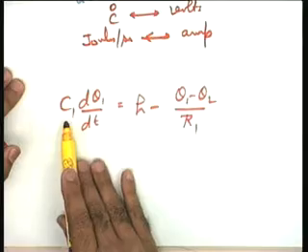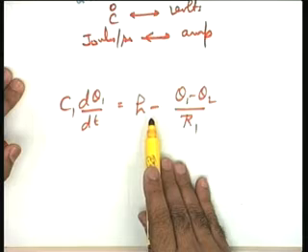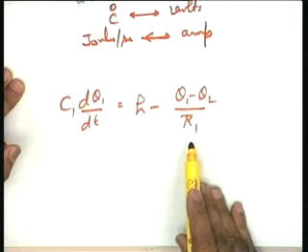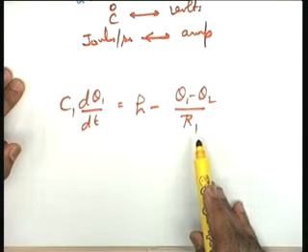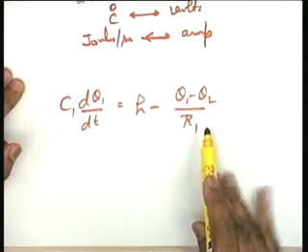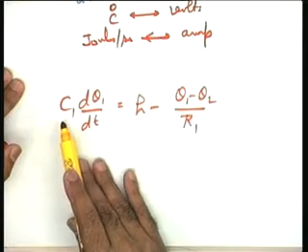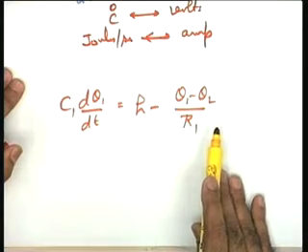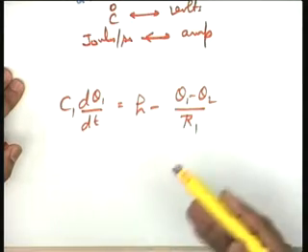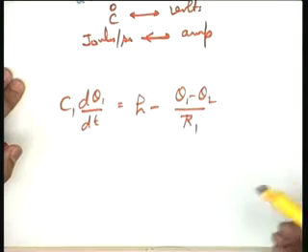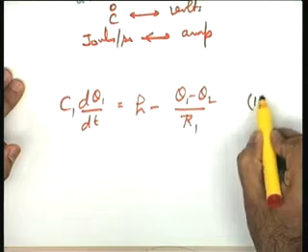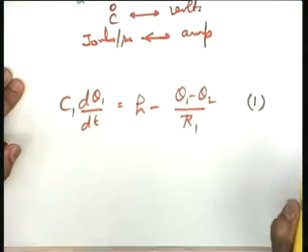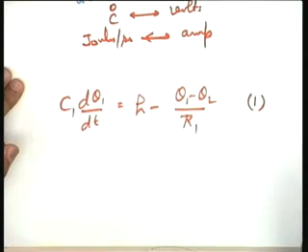You will please note that the identical equation is C dE by dt is equal to current source minus potential difference divided by resistance. This is your equivalent electrical analog. And in terms of the electrical analog, for the thermal systems, I will be writing the thermal capacitance and thermal resistance as the parameters of the system, instead of going to the parameters M, C, U, A and other parameters again and again. This becomes the first dynamical equation as far as this thermal system is concerned. I hope this is okay up to this stage.